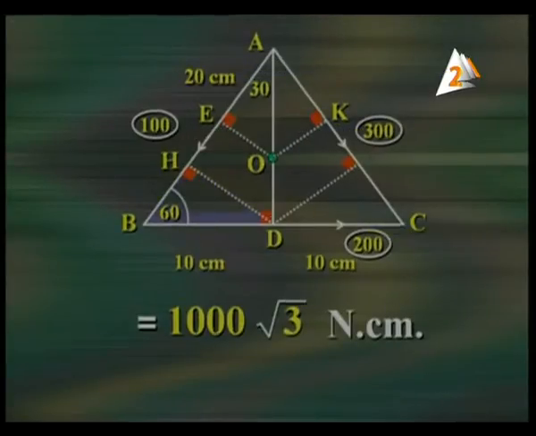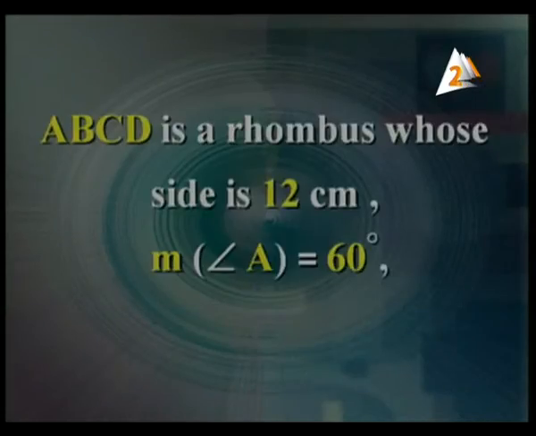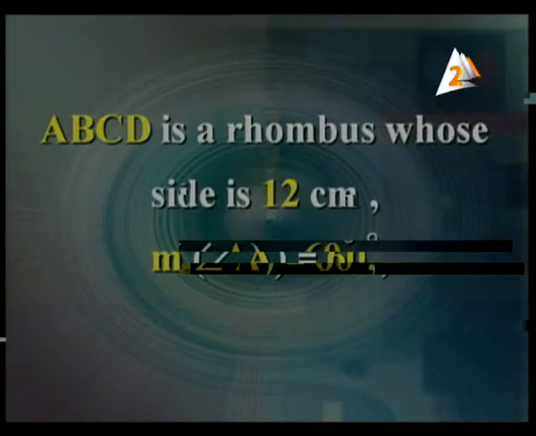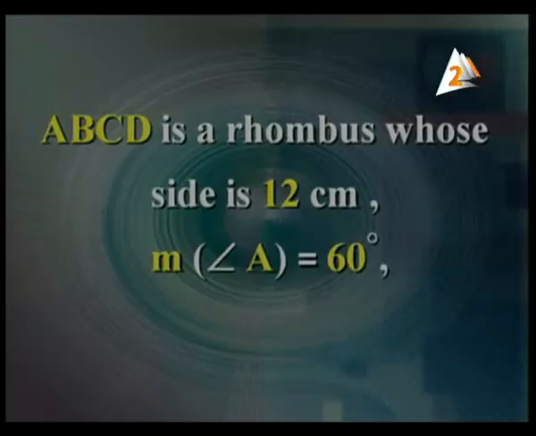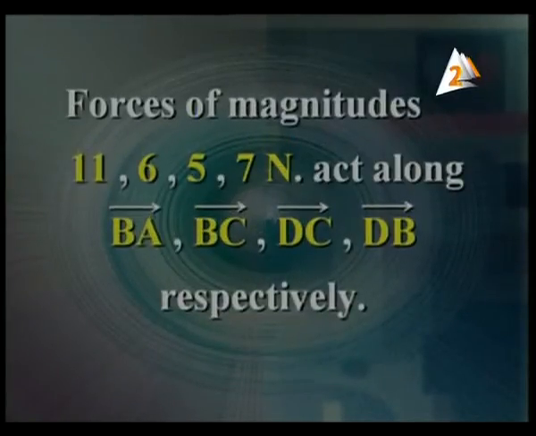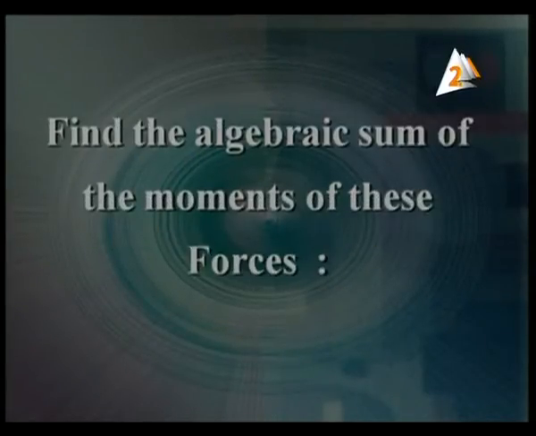ABCD is a rhombus whose side is 12 centimeter. Measure of A equals 60. Forces of magnitude 11, 6, 5, and 7 Newton act along BA, BC, DC, and DB respectively. Now, find the algebraic sum of the moments of the forces about A and about the point of intersection of